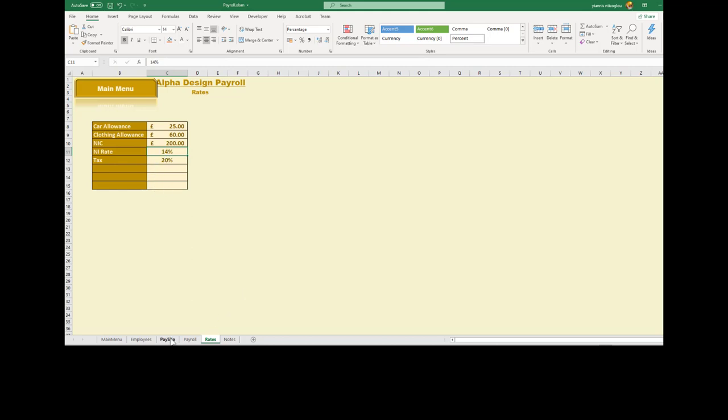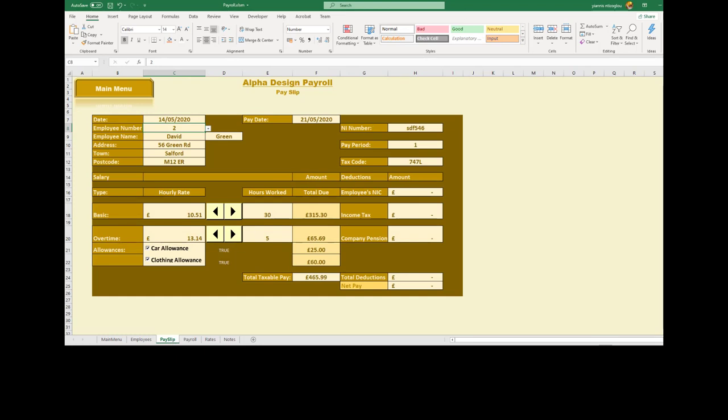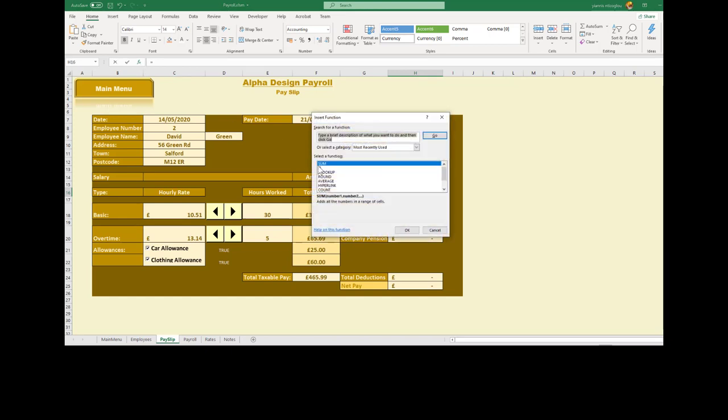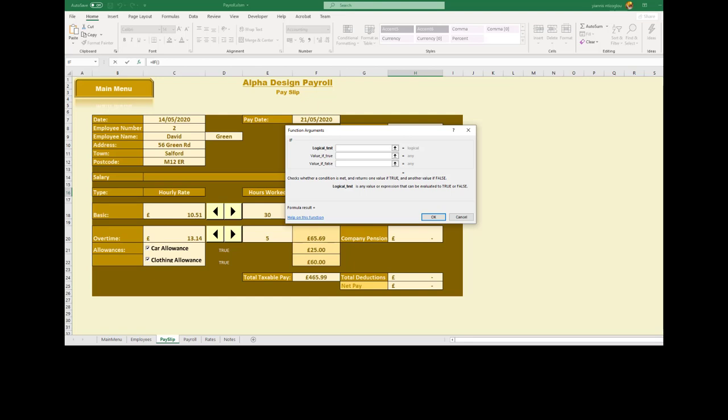Okay, let's go back to the payslip now. Let's make this happen. What I need to do now is create an if statement here. So I'm going to click on the employee's national insurance contribution, go to the functions, click on the if statement, and click OK. And now I'm going to,